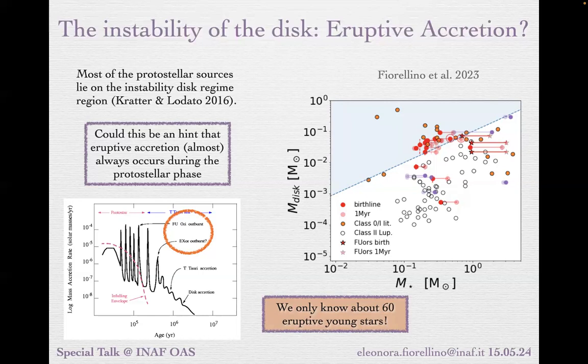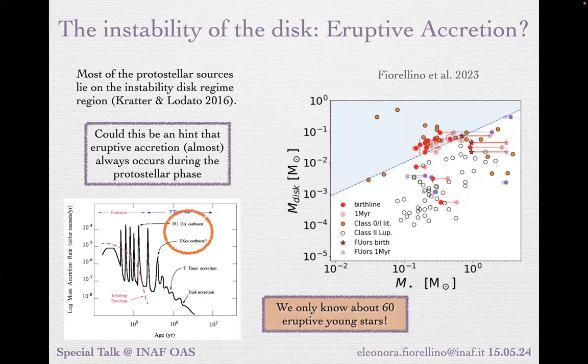I mean, the time scales are short. Well, I'm talking about eruptive accretion because there are different kinds of eruptive accretion, and I'm not going into much detail. But just as a reference, the eruptive young stars whose bursts last longer are fewer, and the order of magnitude of the time scales of those outbursts is centuries. So we are looking at objects whose lifetimes are mega years. So centuries are short